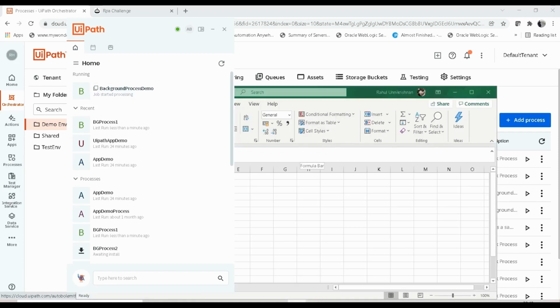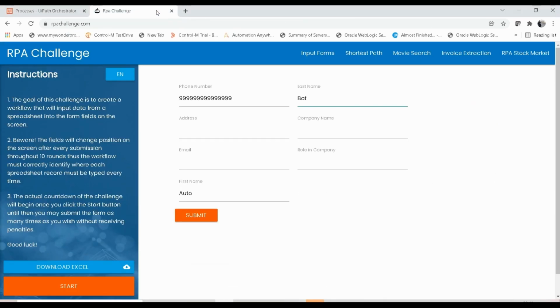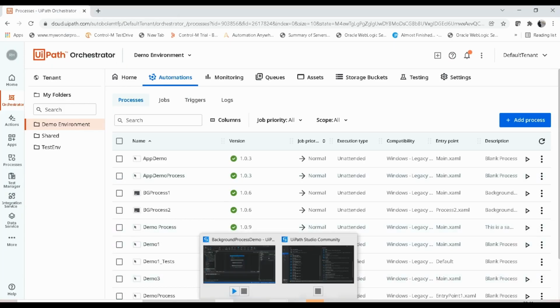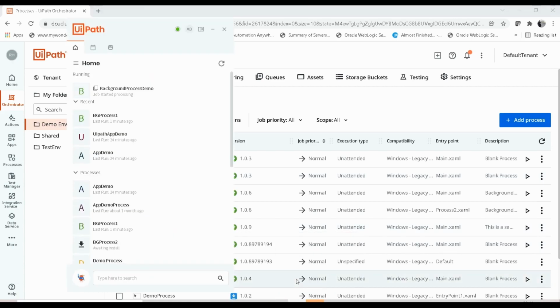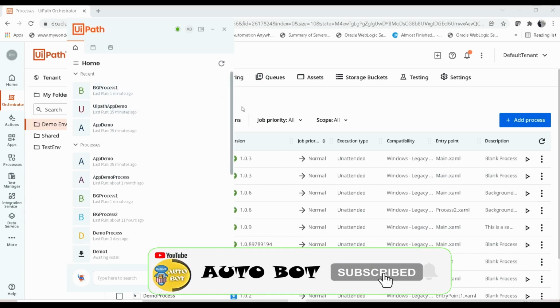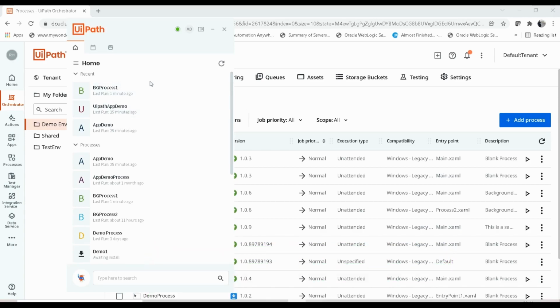We can see our Excel got opened, and it is doing some manipulation. Let me close this page. So here what has happened? Your entire process has run like a background process.